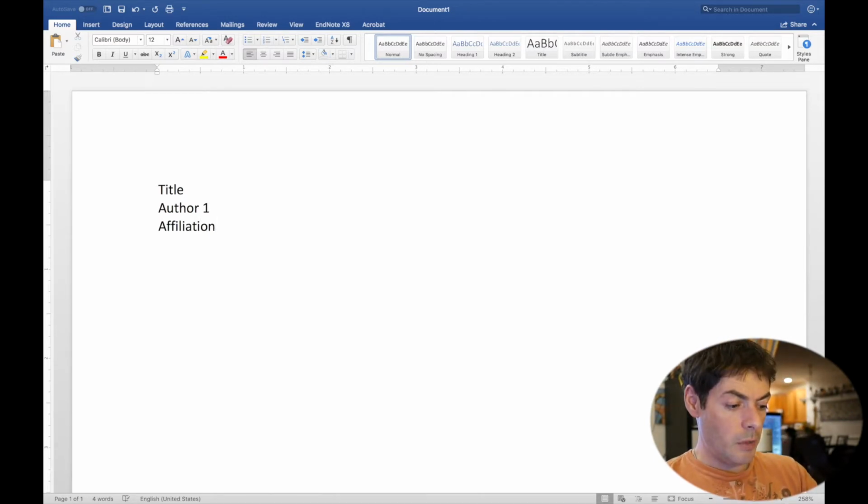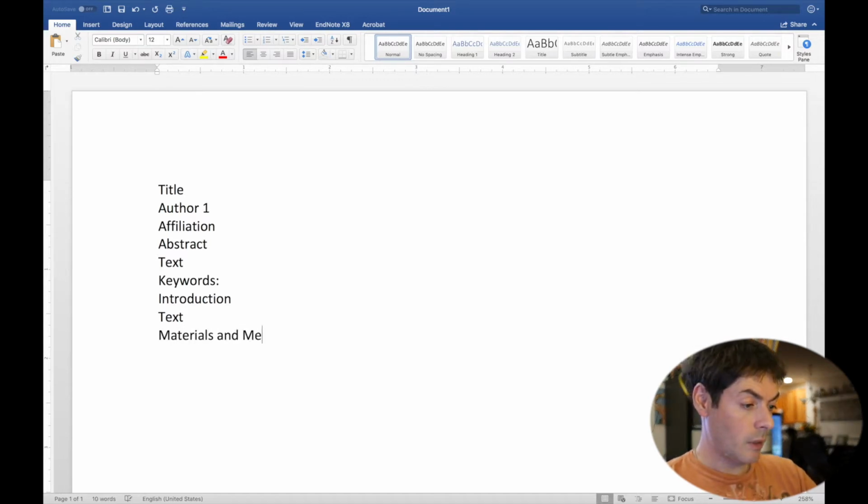There's going to be an abstract, text, there's going to be keywords, many journals like those, then the actual paper itself. So introduction, and then some text there, materials and methods, some text there,